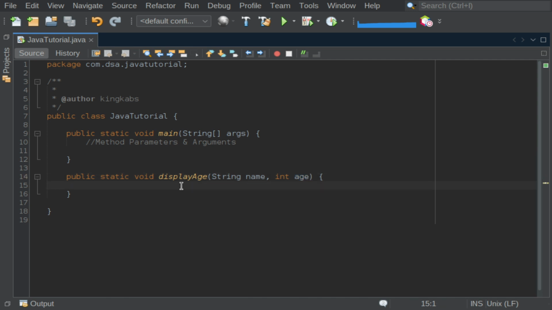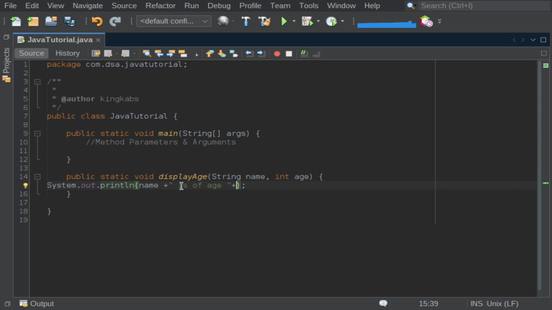So whenever now I want to display the names and ages, I could say something like system.out.println, name, which in this case would represent John. We include the part of the sentence that is not going to be dynamic, "is of age", and then we now include the person's age that is going to be passed as an argument